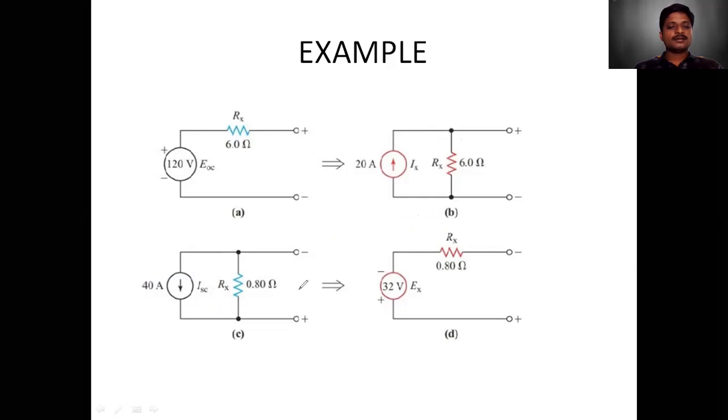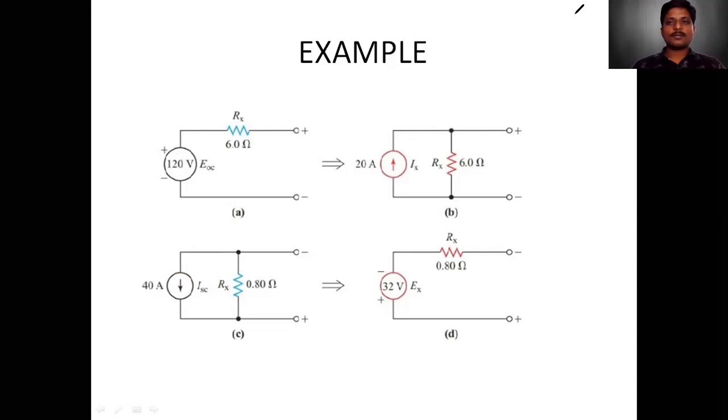And here, the direction of current is from top to bottom now. The arrowhead is on the bottom. Therefore, you have to place positive on the bottom side. That's it. And negative in the opposite. So this is called source transformation. This source transformation will give you a better, easy way to solve all the problems that you encounter in your syllabus.